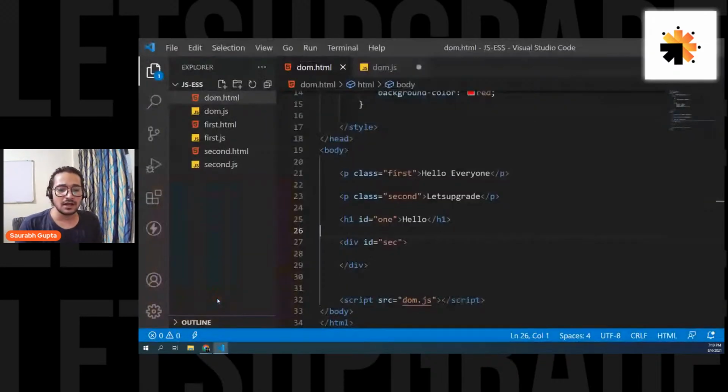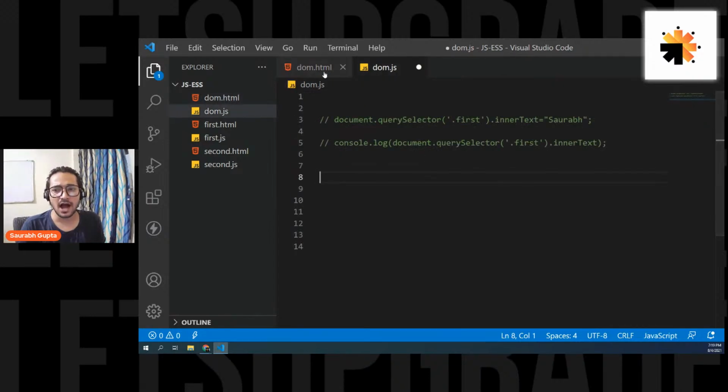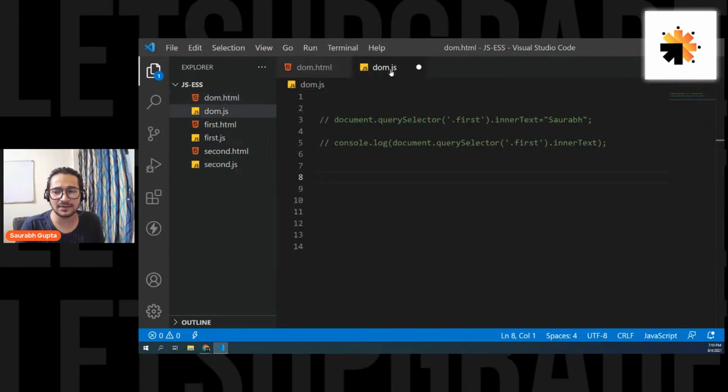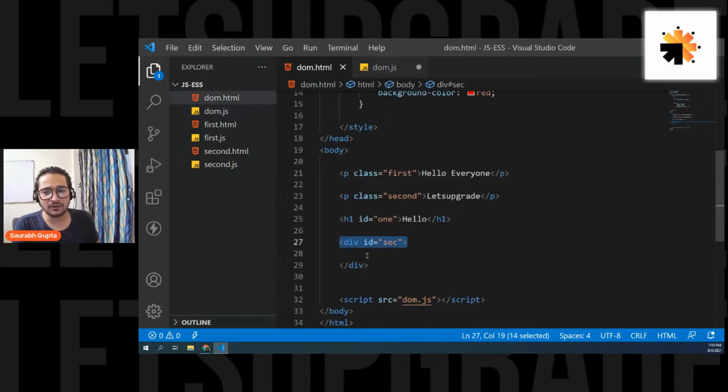Simple. Now what I actually want to do is put some text inside that div. You guys tell me first, how can I fetch this sec element in my JavaScript? Everyone, come on, very fast. Write it down in the chat. I want to see how many of you are understanding. How do I fetch this div in JavaScript? Come on guys, start telling me.